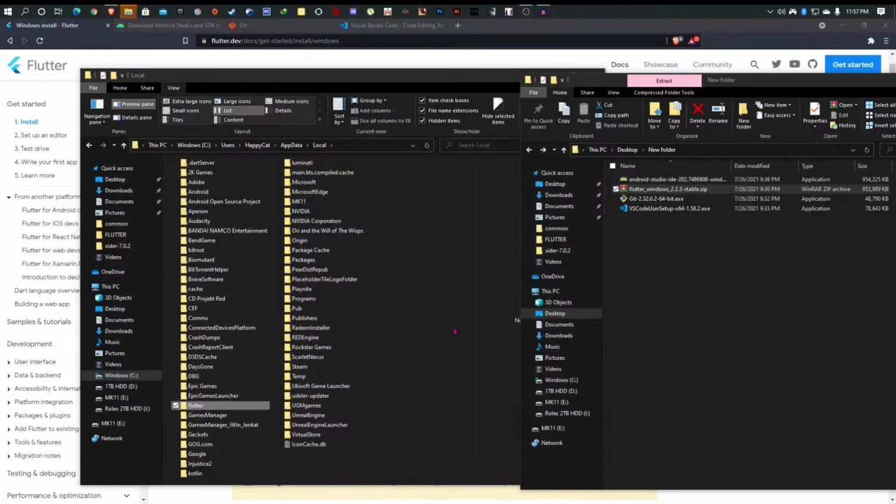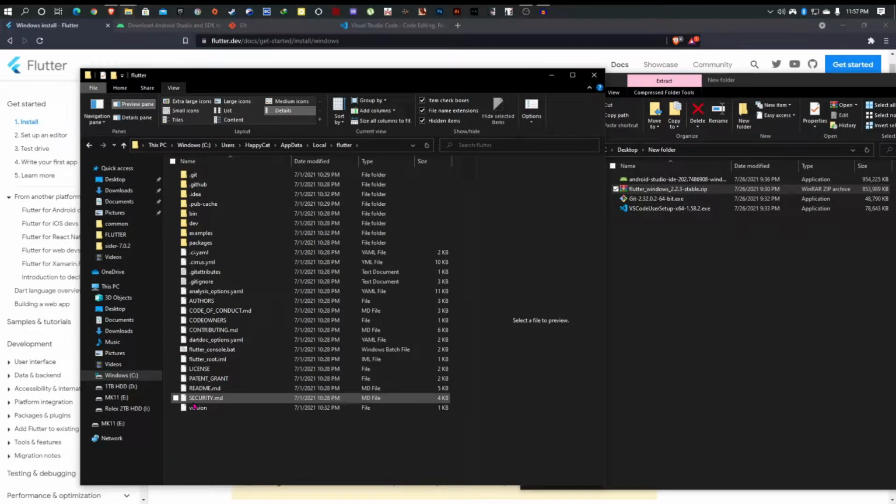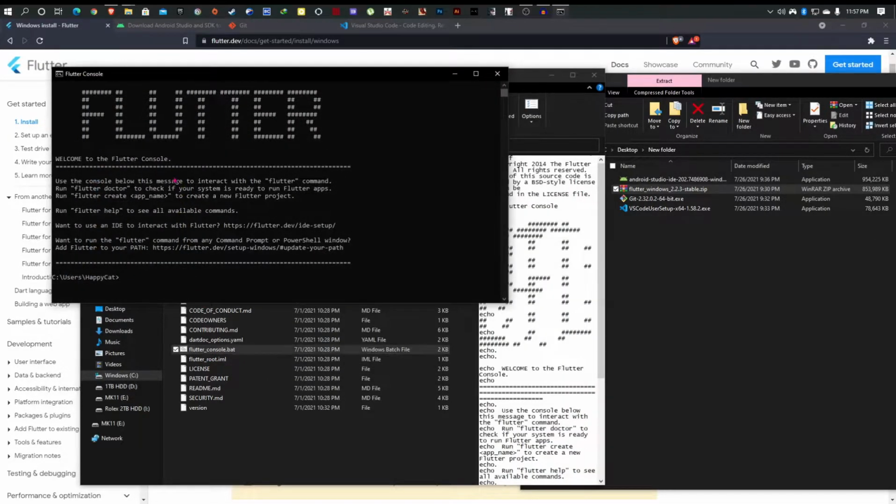And right now we have Flutter in here, so go ahead and then open up Flutter, and then we can test this to see if we actually have Flutter working for now. So within Flutter, locate flutter_console.bat. Okay, so we are seeing this .bat because we have the extensions enabled. So simply double click on that, and this should open up this window to tell us that we have Flutter